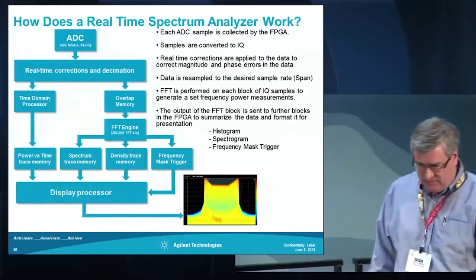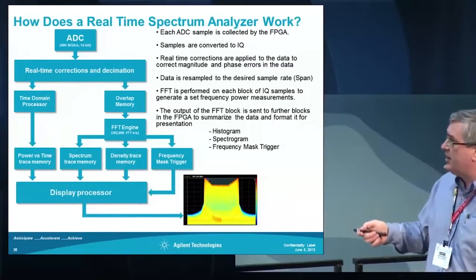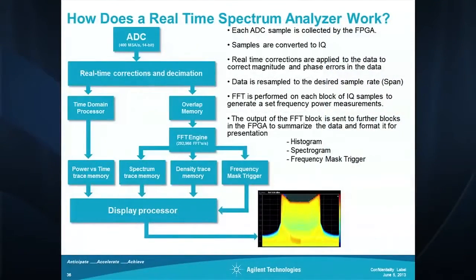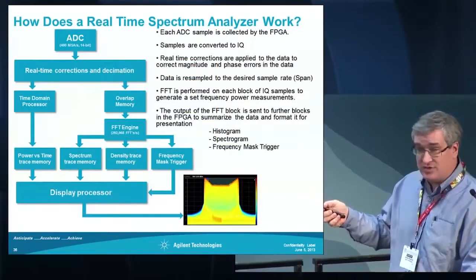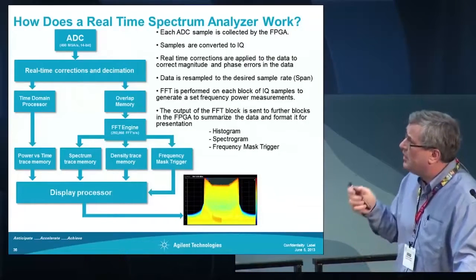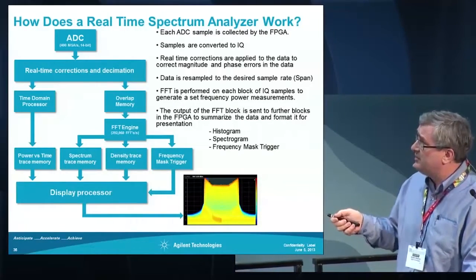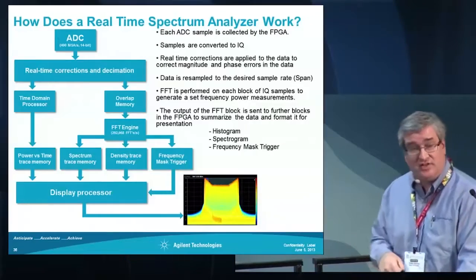So how does a real-time spectrum analyzer work? Here we have a block diagram of what's going on inside the FPGA inside our spectrum analyzer. We come in at our ADC, we collect all our samples. We go through that ASIC I showed you, which does the real-time corrections and decimations. Besides the corrections, the decimation lets us set the span